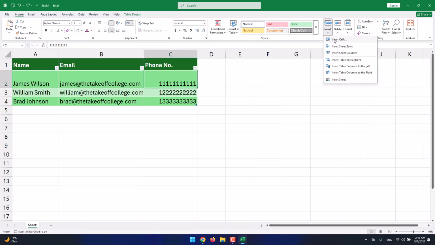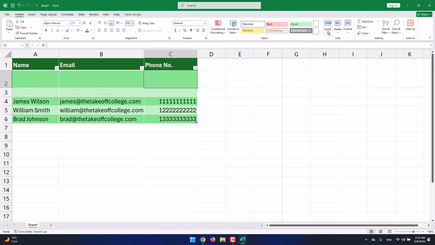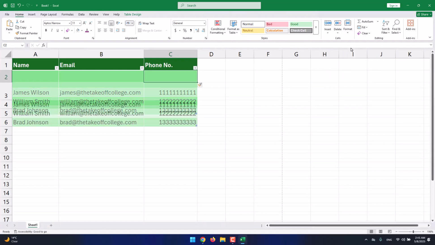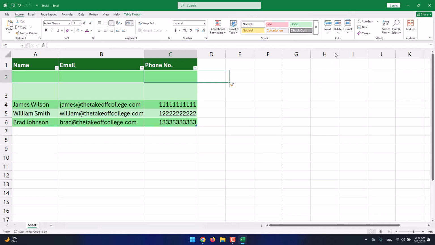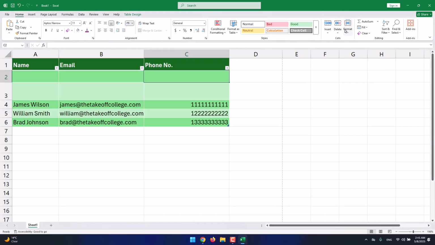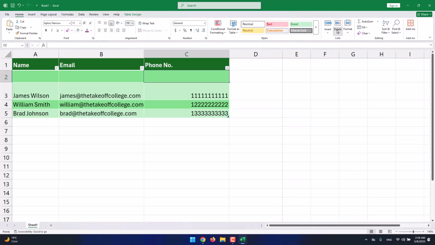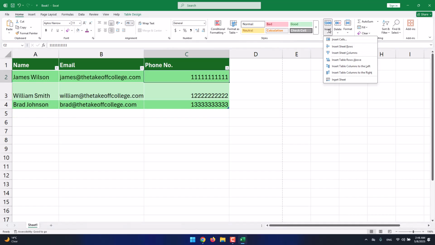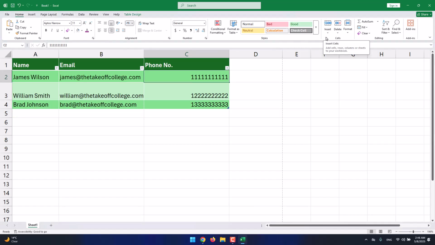We also have insert. We can insert cells. We can insert rows. We can insert columns. As you see, we can delete columns. We can delete rows. And these are all happenable through this cells section that we have over here inside the Home tab of Microsoft Excel. The next section that is very important as well, and we want to go through right now, is the